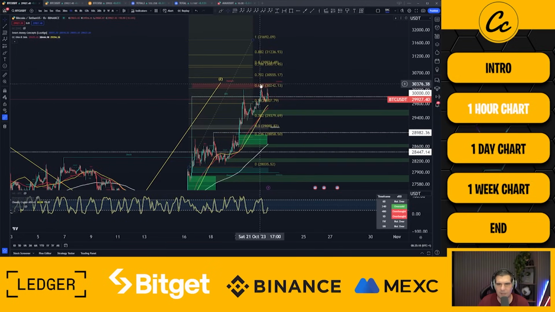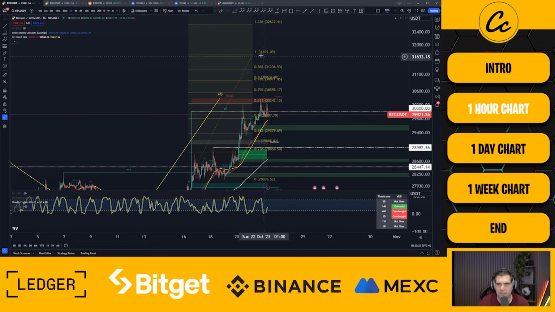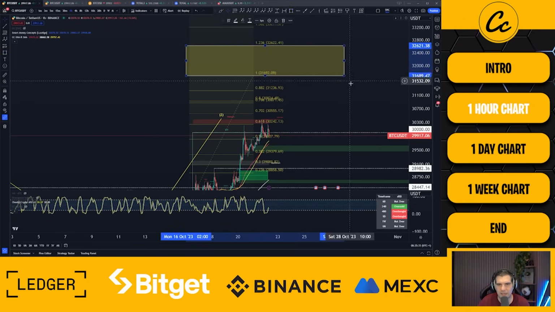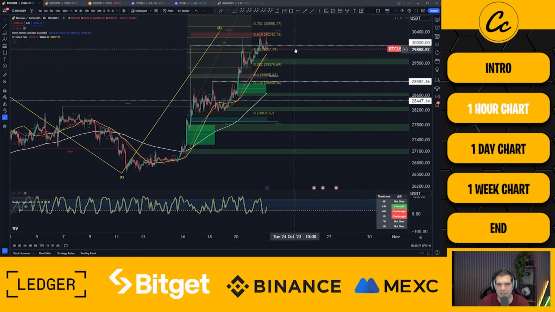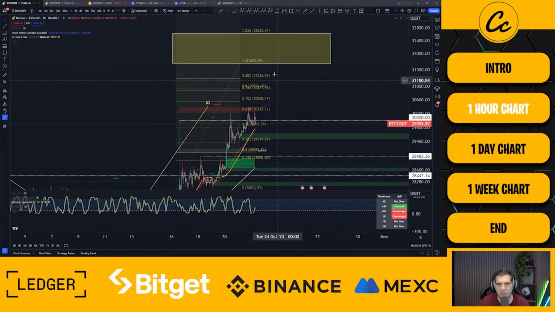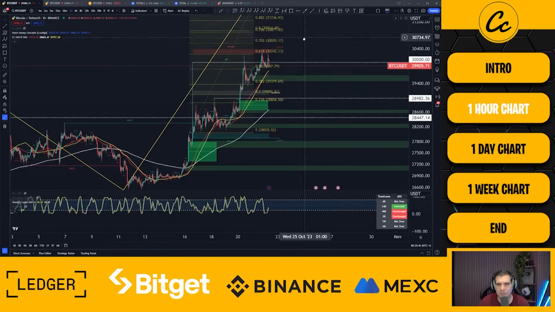Current resistances are coming in here at the moment around 30,400, but we do see upper potential now, basically between 31,692 and 32,622. Okay, so a little bit higher here on a three-wave Z-wave pattern. Again, it might not be the case that that's entirely true, but I think for the most part, our minimum expectations have been met, and this is kind of the upper expectations of where we think that Z-wave has the potential to go.